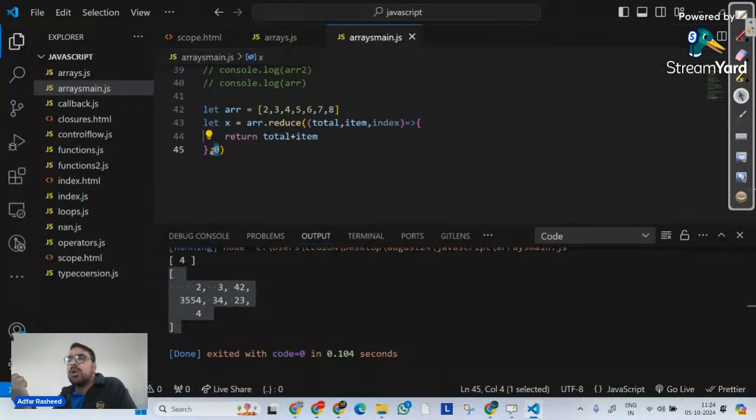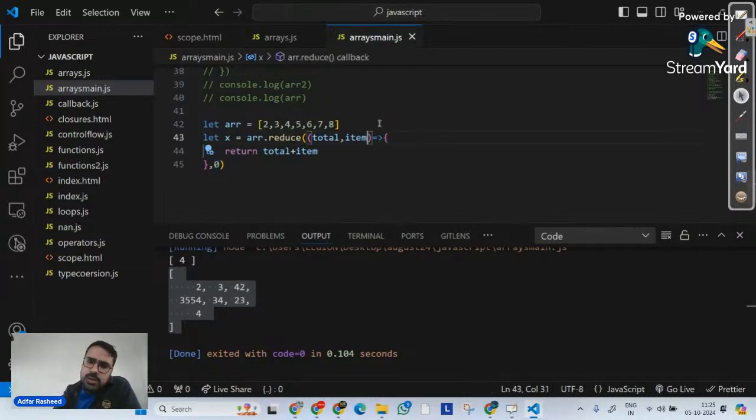Number one is total. Total means the final reduced value that we have. If we don't want to use index, we can simply remove it, but it was just to give an idea. You can remove index if it's not used. Even if item is not used, you can remove item as well. But total is used, so total can be there.